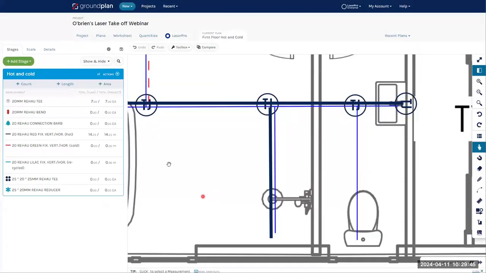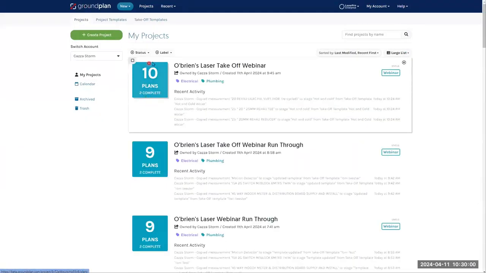Going back into my plan, once I've finished marking up my plan, I would mark it as complete. Now, marking the plans as complete is really just making your life easier when marking up plans, especially if you're collaborating with other people. So if we go back to the Ground Plan logo, what you can see here is